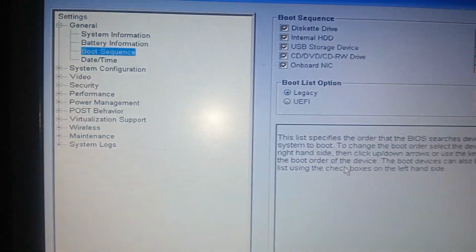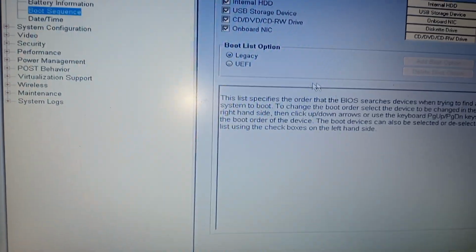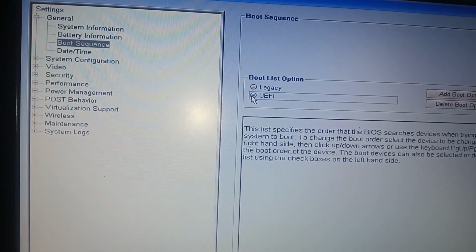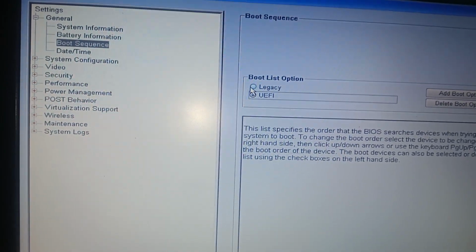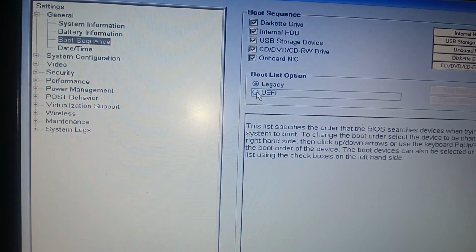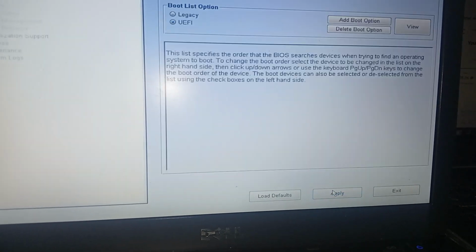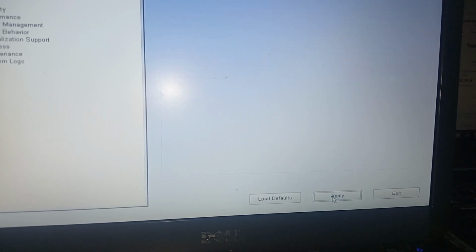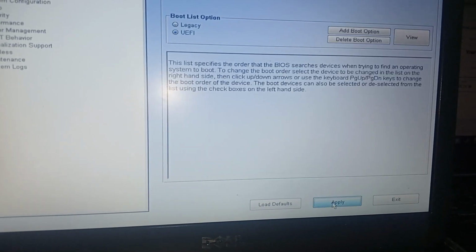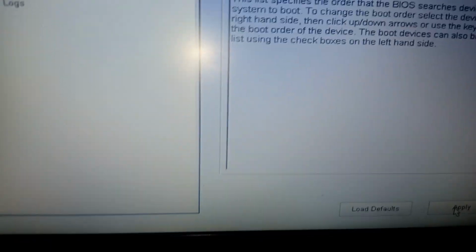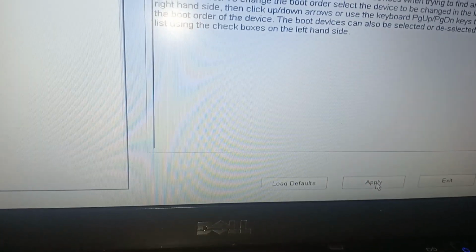When you press it, you go to boot sequence and change it: if it's in legacy, put it on UEFI, but if it's in UEFI, put it in legacy. So what you do, you put it here, then you apply. Guys, choose one of the two. You apply. After applying,